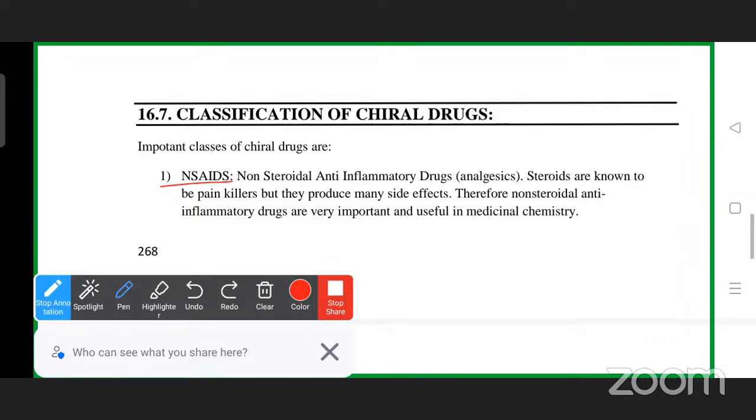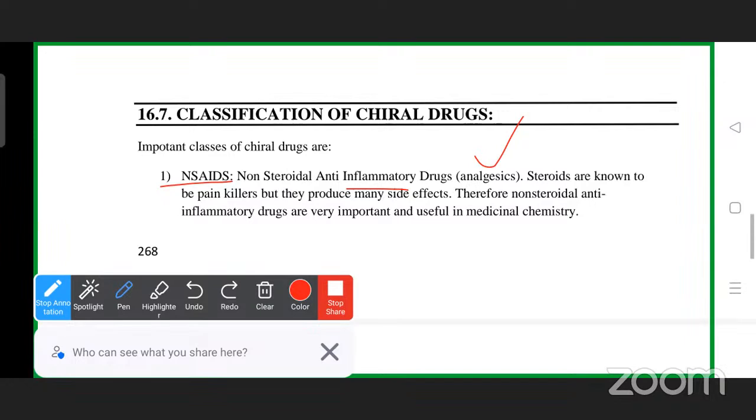These are the analgesics, which means the painkillers. Like these NSAIDs, non-steroidal anti-inflammatory drugs. Inflammation means, you know that, right? With the painkillers here. And okay, so here the steroids, generally we know that these are the painkillers, but